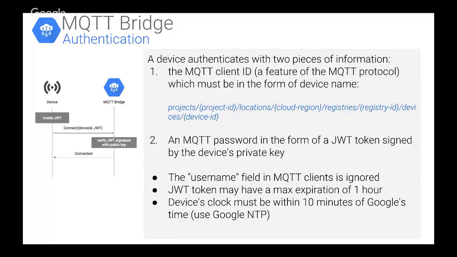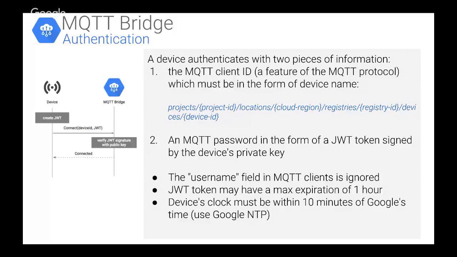The password contains a JSON Web Token, or a JWT, and that token is signed using the device's private key. If you're familiar with asymmetric encryption, the way it works is you give your public key away, anyone can read that, and you can't discern the private key given the public key. The private key that you securely store is used as something similar to a password. When you authenticate, you connect with a blank username or whatever you'd like to use, and the password contains the JWT, and the JWT has identity information for the given device